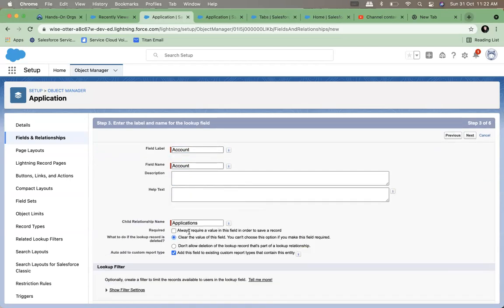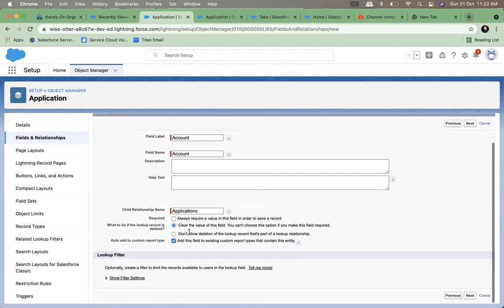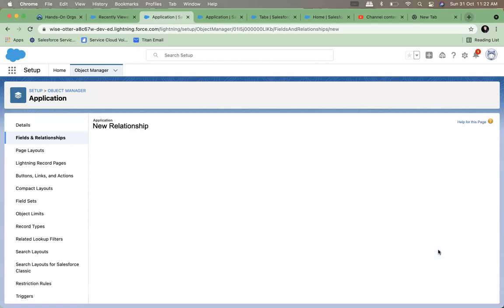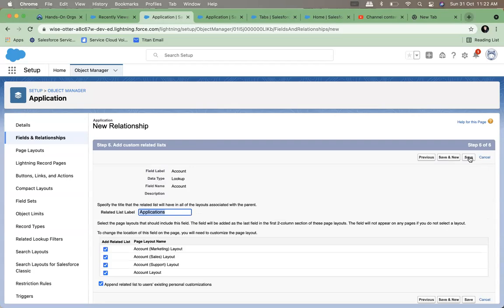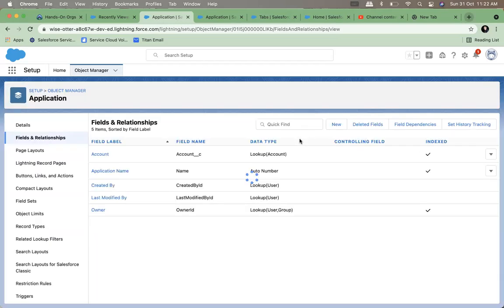So I am now creating a lookup field of account on the application object. Okay. Next. When I create a lookup field on this object, what happens is that now I have associated one object with another object.